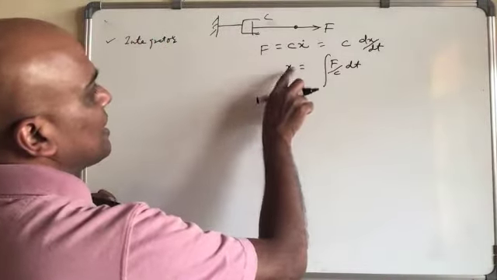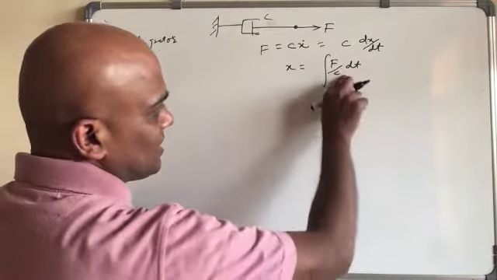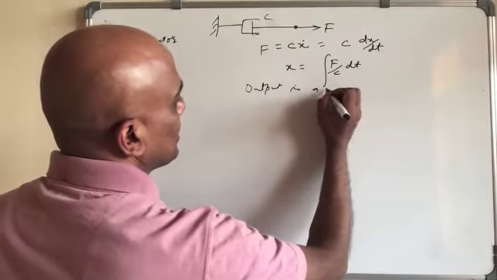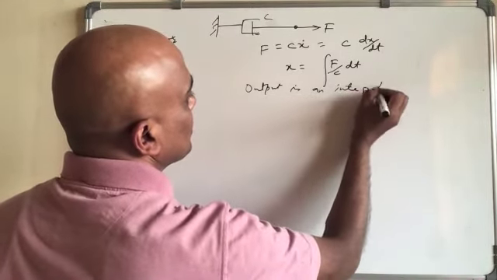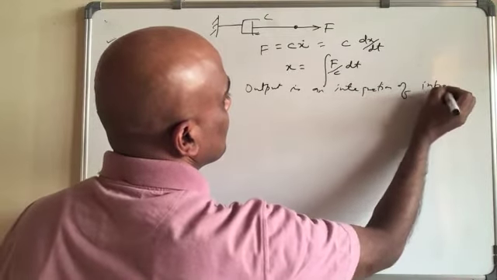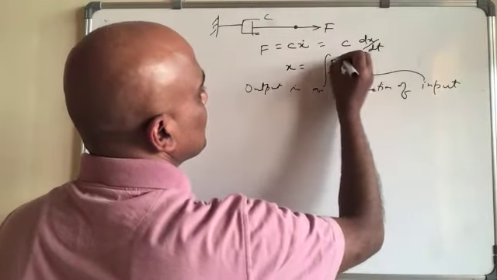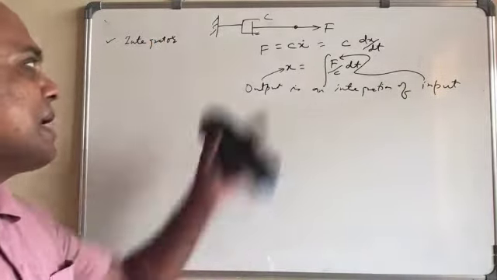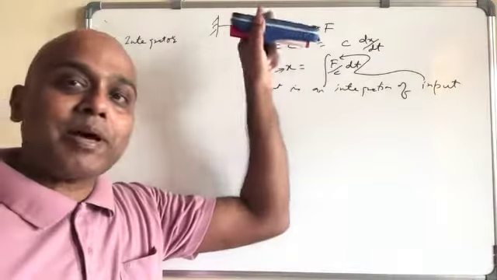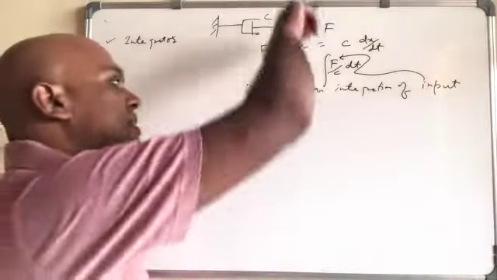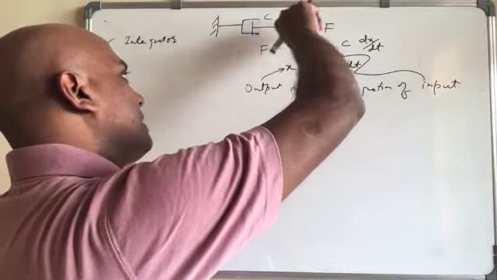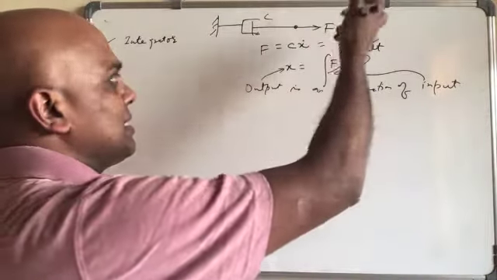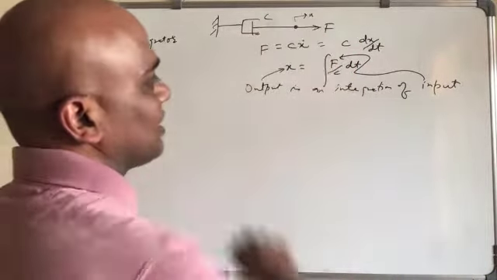This output is the integration of input, right? So this means output is an integration of input. Input is what? Input is force, right? And output is displacement. Okay, so a mechanical system, just a damper, is basically an integrator, right? So you give a force and the displacement just integrates it, that's it. Yeah. So the way it is like this one.